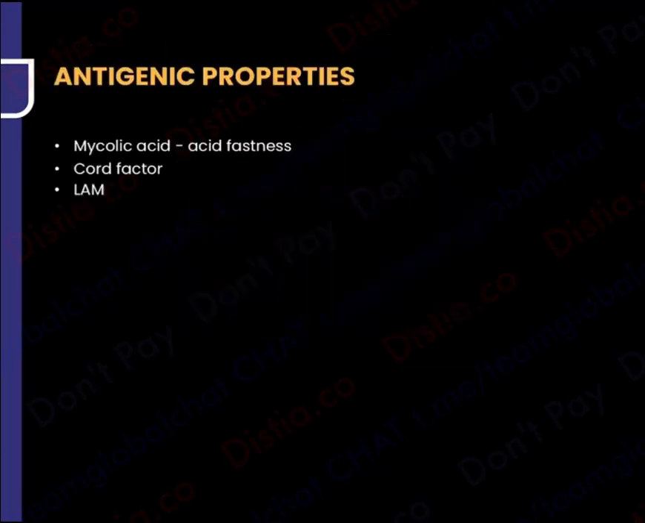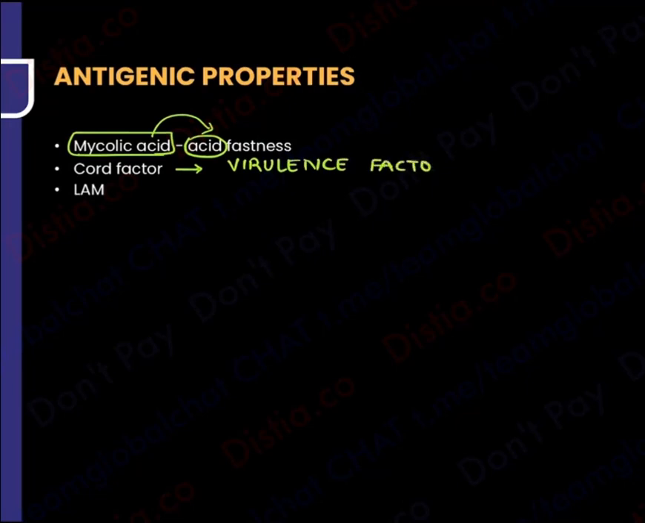So what are the structures and their functions that I have to know? So first I told you mycolic acid. Mycolic acid is something acid. It is responsible for the acid fastness. Haven't I told you that MTB is acid fast? So mycolic acid is responsible for that. Then there is something called cord factor. Remember, cord factor is responsible for the virulence of the organism. It's one of the virulence factors that this organism has. Next, we have something known as LAM. LAM stands for